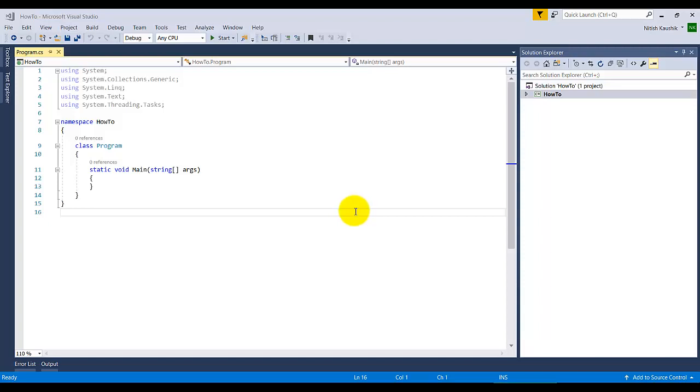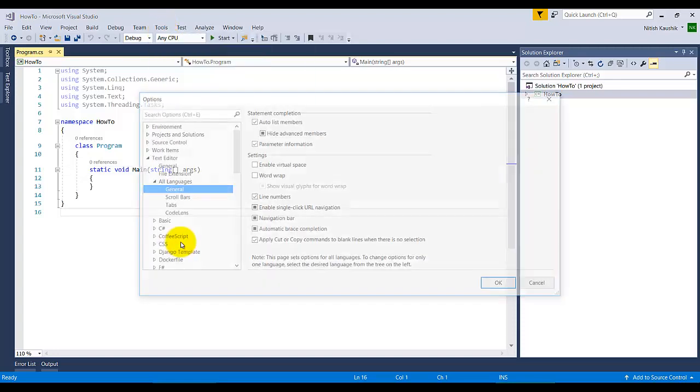In this video, we will learn how to enable the different themes for your Visual Studio. So you will see that here is the default theme, which is the blue theme. If you need to enable the dark theme, how can we do that? Let's start. To enable the themes, you have to go to the Tools menu, then go to Options, and